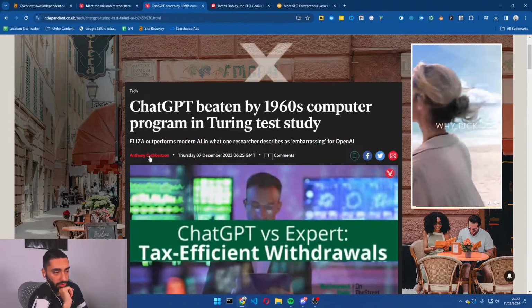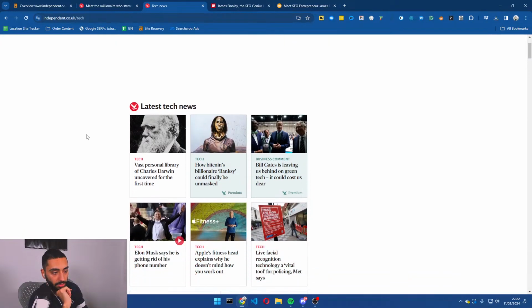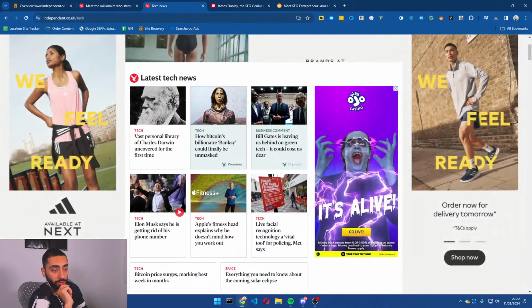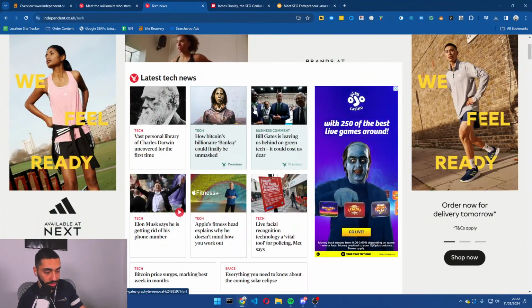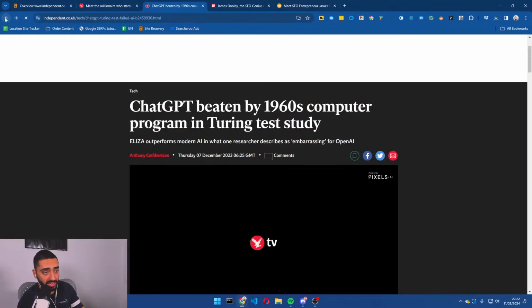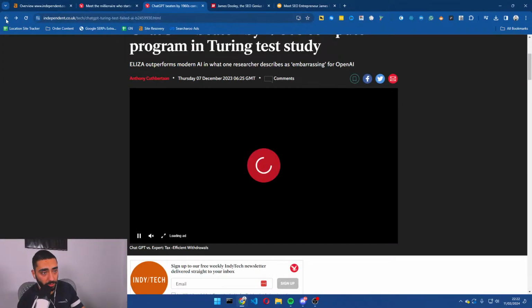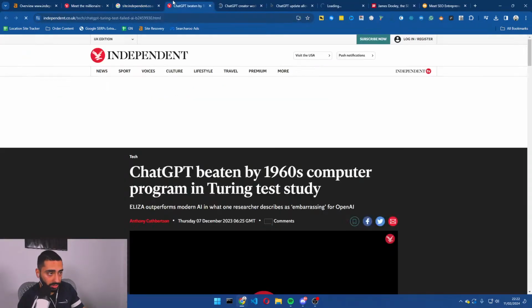Then what we're going to want to do is find publishers on The Independent that are talking about ChatGPT. And the best way that you can do that is doing the site: ChatGPT. So we have got a load of articles here.